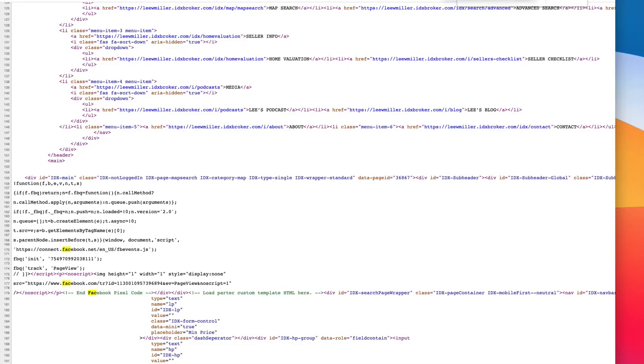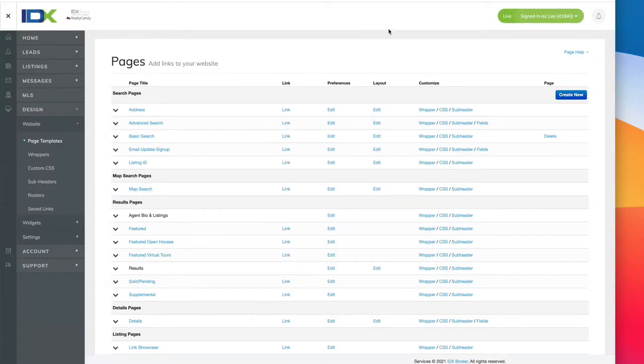So that's how you can do it. It's really easy to set up. You just set it up in the subheaders, just like this example. If you'd like us to do that for you, we're happy to do it too,